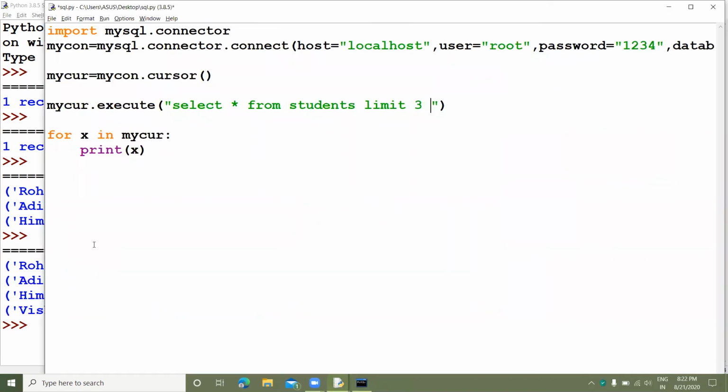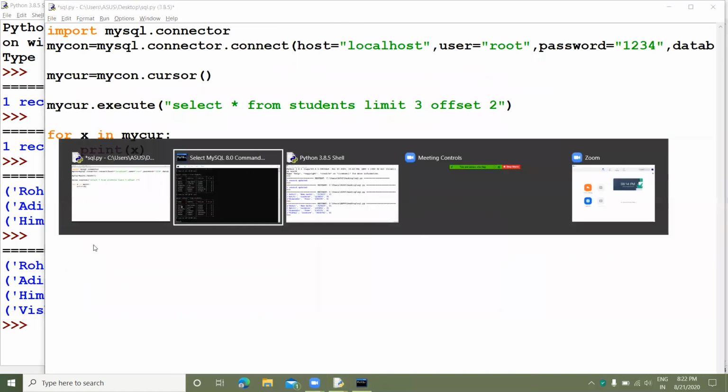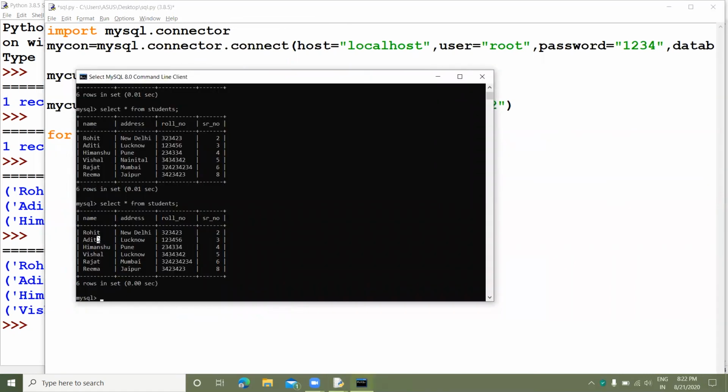It's printing 3 values, offset 2. Offset is 2. What's the meaning of offset? Offset 2 means the initial 2 values will be skipped and all the remaining values will be printed.